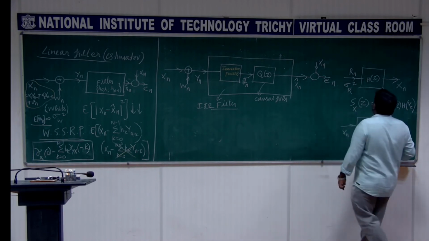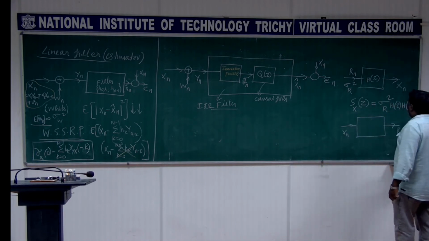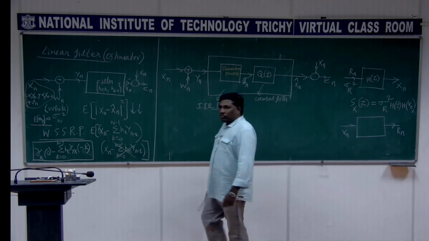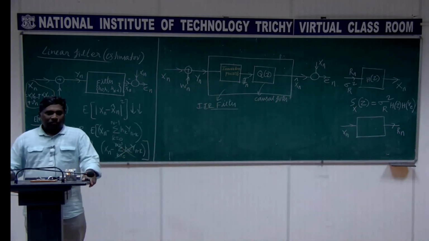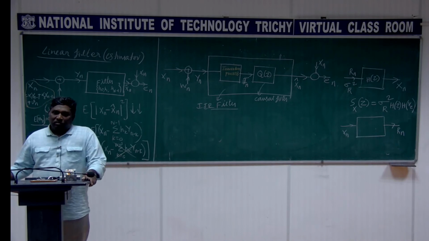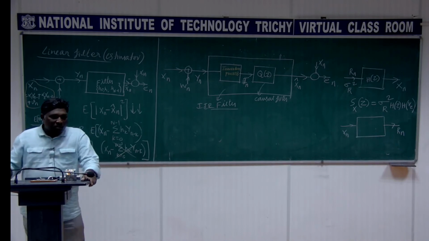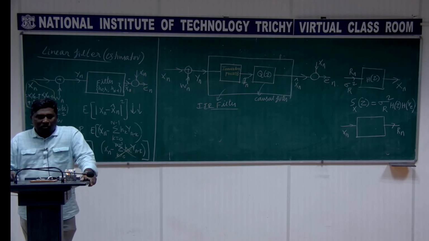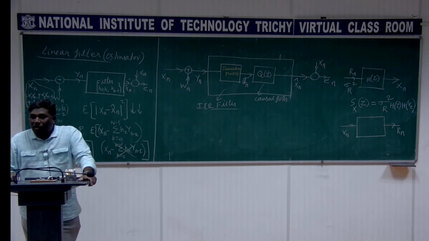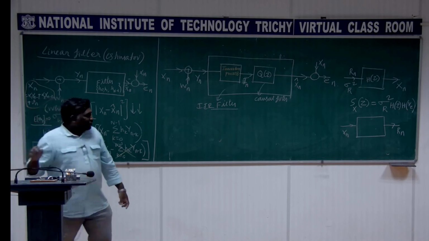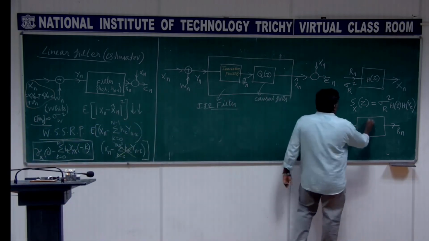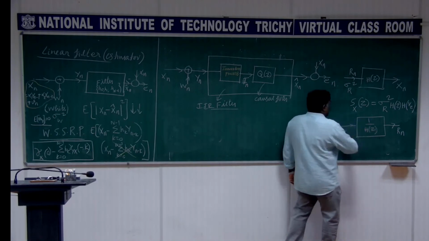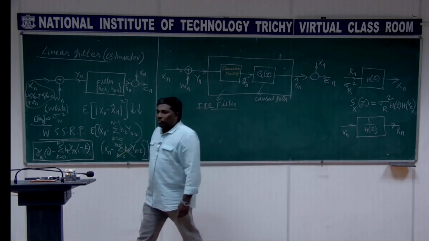Now if I do exactly the reverse operation, giving this Xn as an input, we get the output as Rn, and this process is what we call an innovation process. We generate the white noise from the signal. It's just a reverse. So what is going to be that block diagram here? If it is invertible, this system is simply 1 by H of z, in which we give the input as Xn and the output is going to be your Rn.